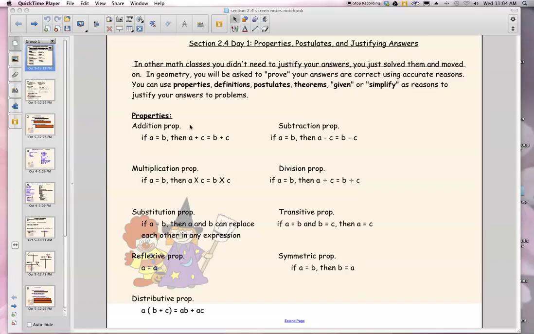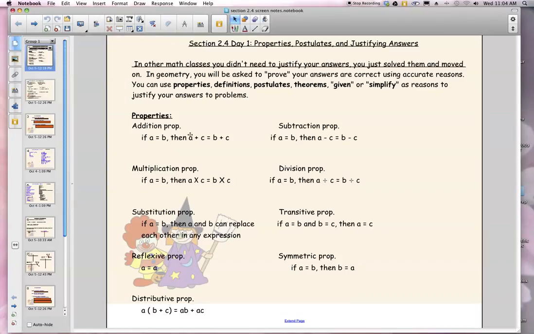So some of the properties, definitions, postulates, theorems, some of the stuff that you've already studied and some of the stuff that we're going to study is going to come together now. So for example, when you have a problem, an algebra problem, for example, that's